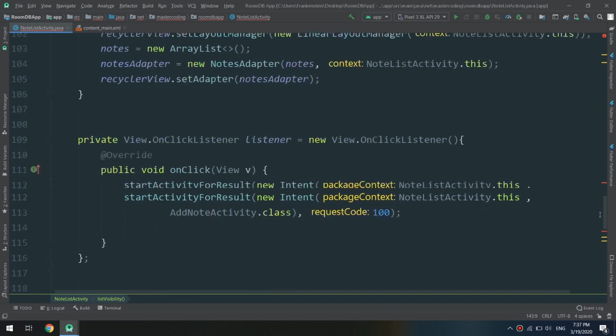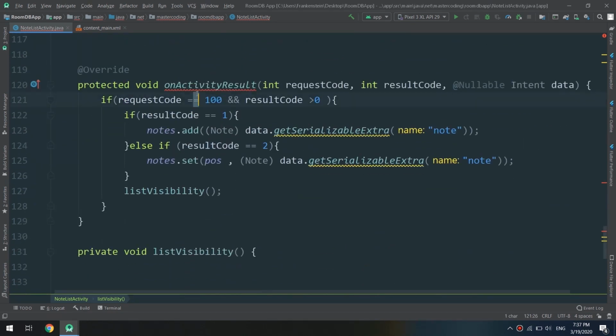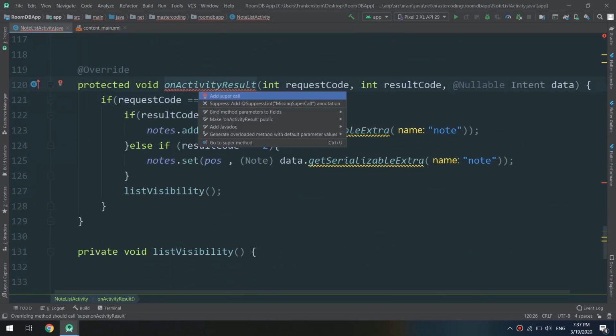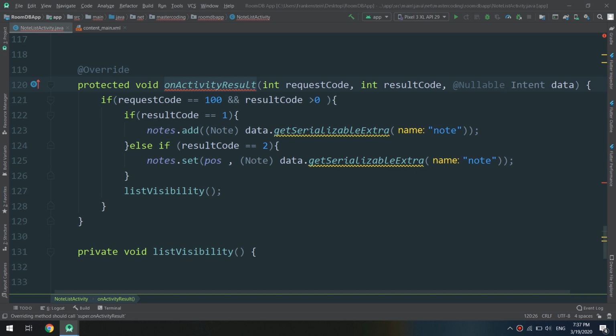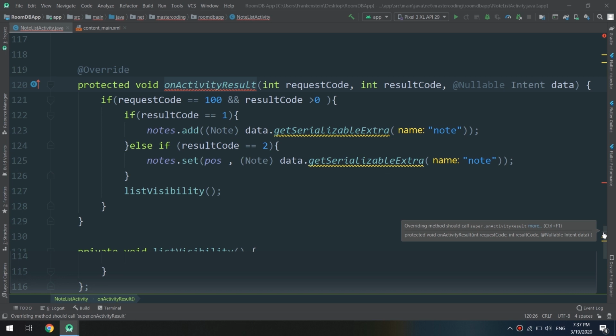Why are we getting an error on add on activity results? Add super call. We don't need to add the super call. Yes. So